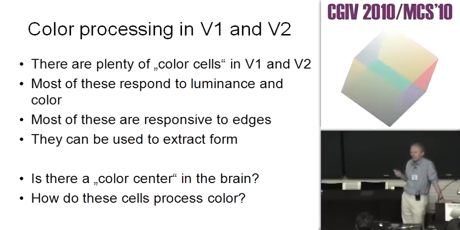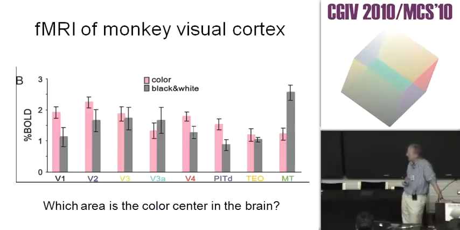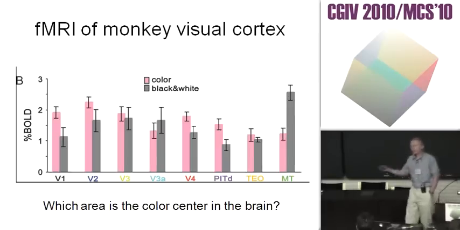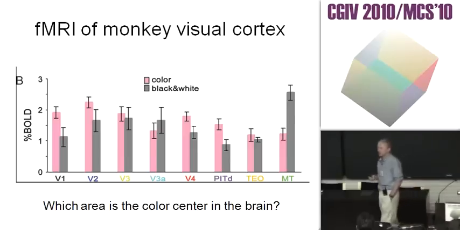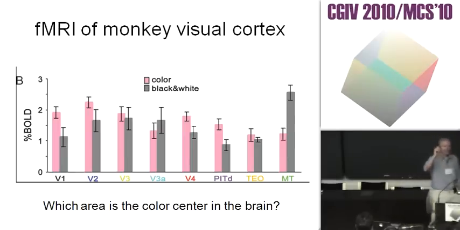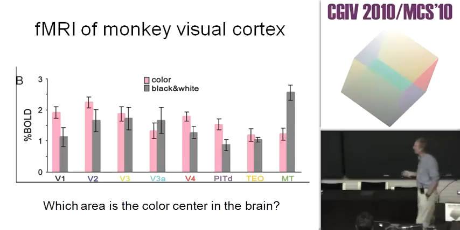But there's also been new work on functional imaging. And I'm just going to show you one study, because the results of these functional imaging experiments are actually quite similar. Of course, they're all looking for the color center in the brain. And typically, they find one region in the brain where the color response is slightly higher than in all the other parts of the brain. And that area is then the color center. Now, here in this study,